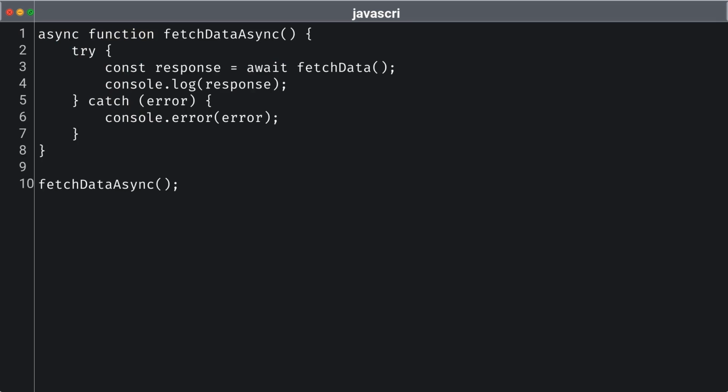If the fetchData promise resolves successfully, we log the received response to the console. Otherwise, we catch any errors that may occur during this process using a try-catch block. The catch clause allows us to gracefully handle any exceptions by logging the error to the console, ensuring that our application can respond appropriately to unforeseen issues. Finally, we execute fetchDataAsync, which triggers the asynchronous function, illustrating how we can manage asynchronous tasks effectively with this elegant